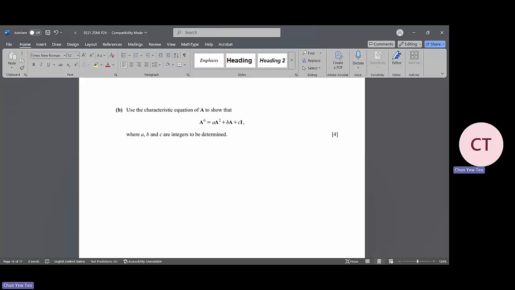We want to use the characteristic equation to show this. For the characteristic equation, we just need to take lambda. Just now the roots for lambda are 1, 2, and -3. Expand them carefully one by one. You get lambda squared minus 3 lambda plus 2. So expand it again, you get lambda cubed